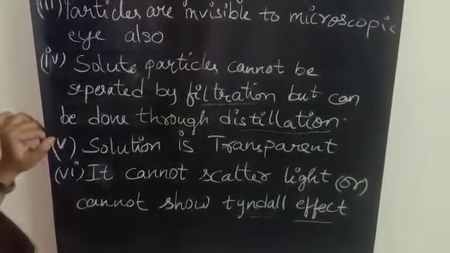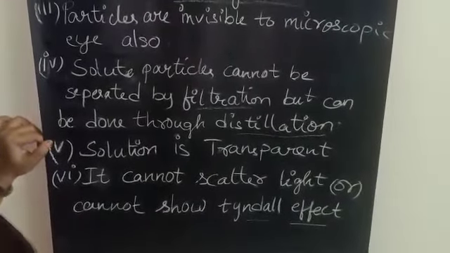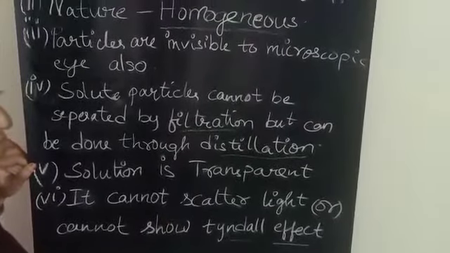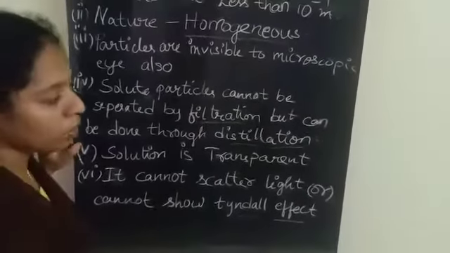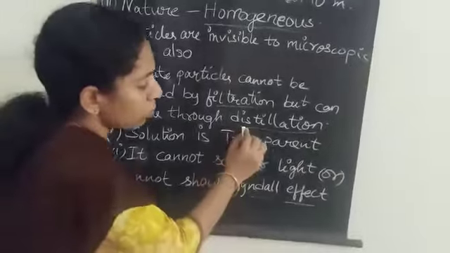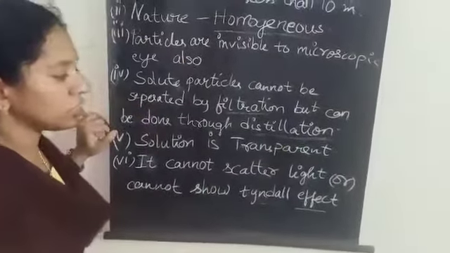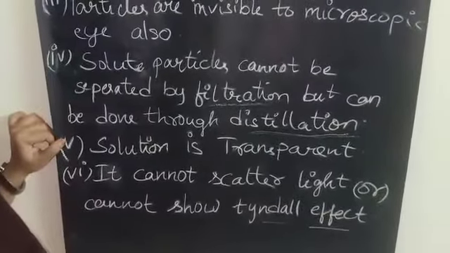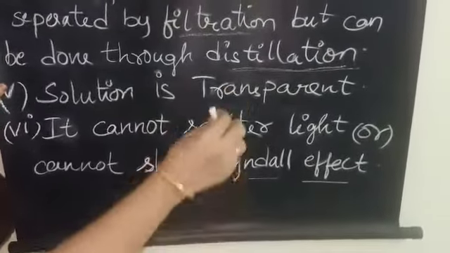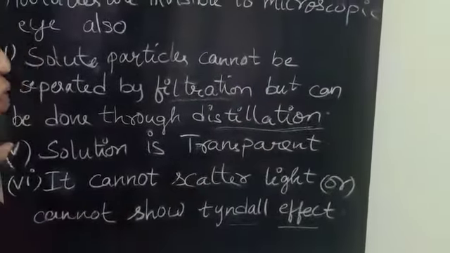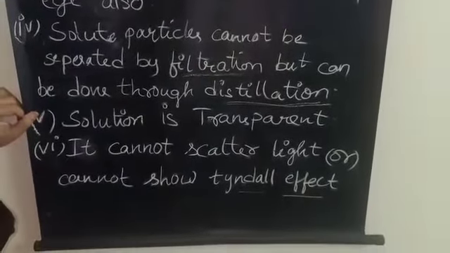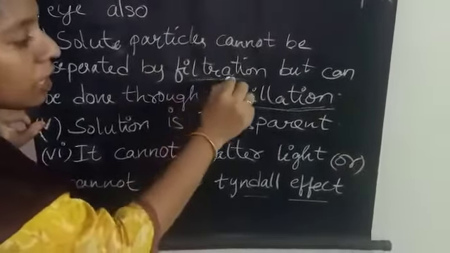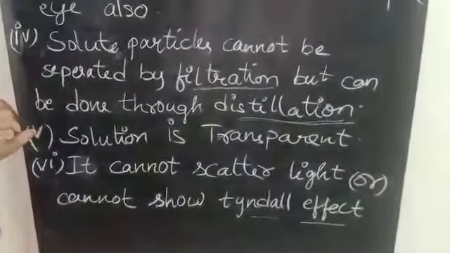You already know the word distillation, right? Heating the solution and collecting the solvent out. Like how we separate salt and water through the distillation process only, right? You learned distillation in the 6th standard. Distillation means heating the solution, and at some particular boiling point what will happen? The solvent will evaporate and the solute particles will be present in the beaker itself or in the round bottom flask. So filtration we mainly use for suspensions, not for solutions.